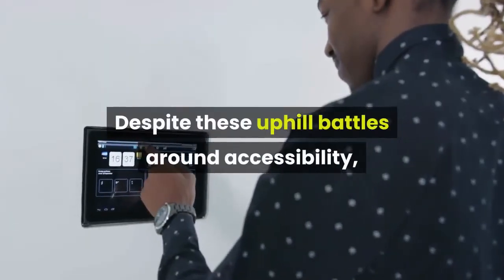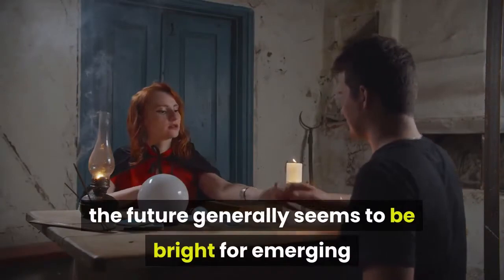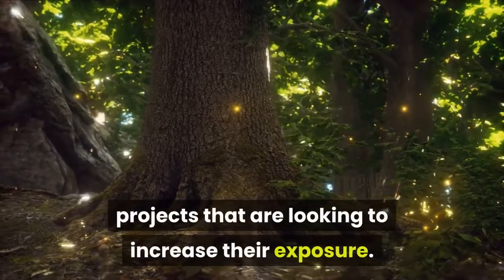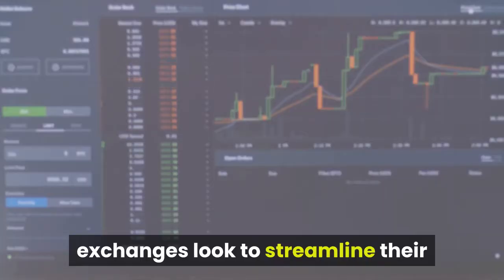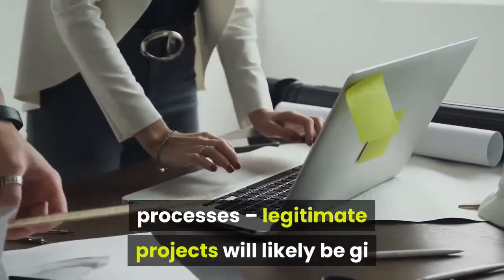Despite these uphill battles around accessibility, the future generally seems to be bright for emerging projects that are looking to increase their exposure. As the broader crypto space grows and matures, exchanges look to streamline their processes. Legitimate projects will likely be